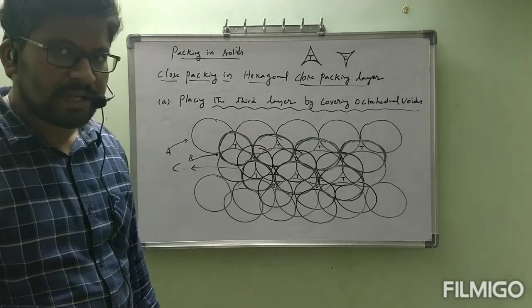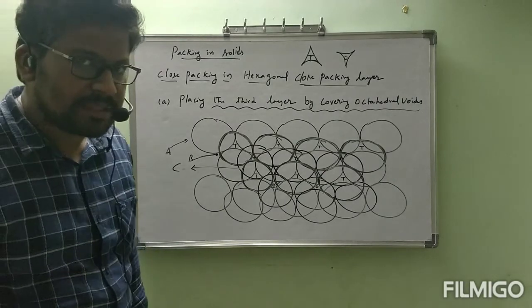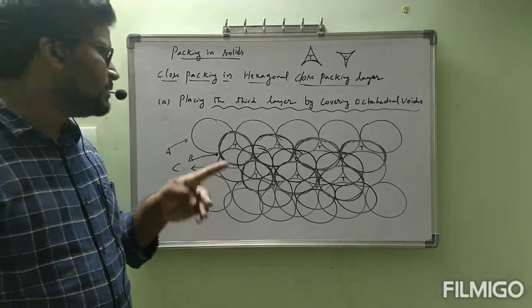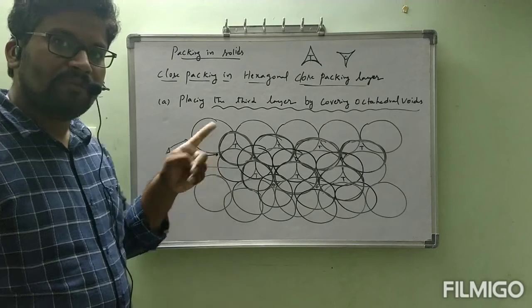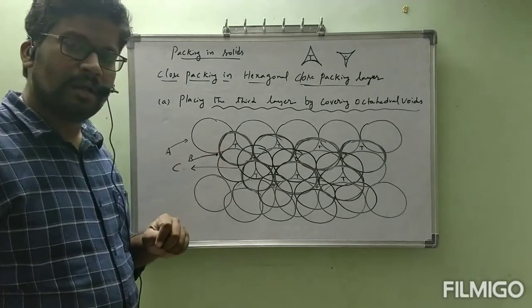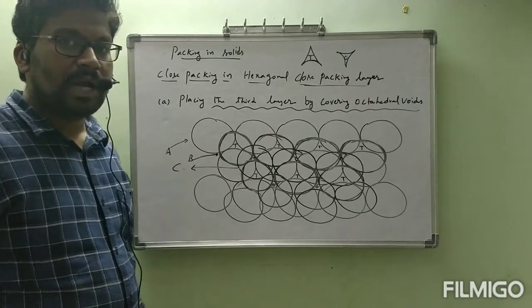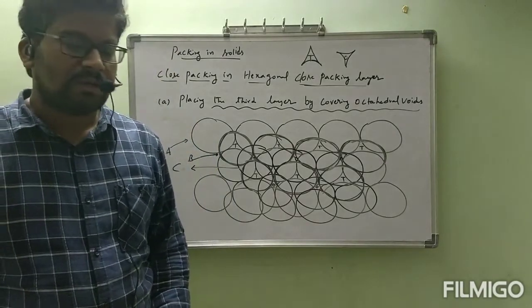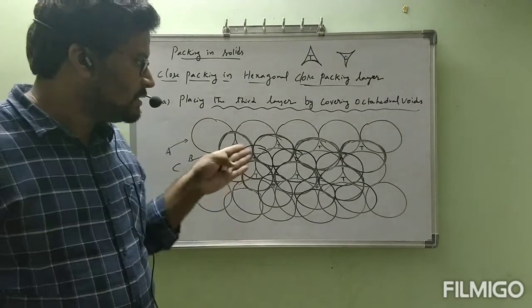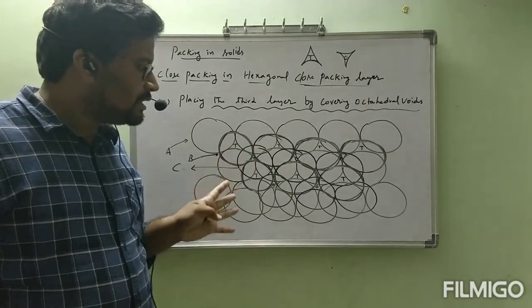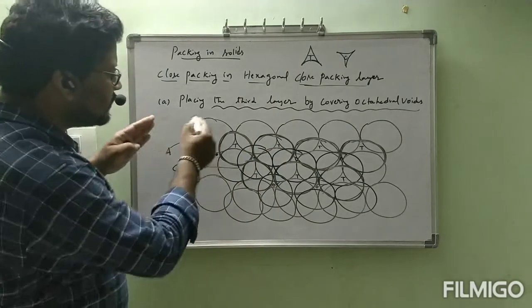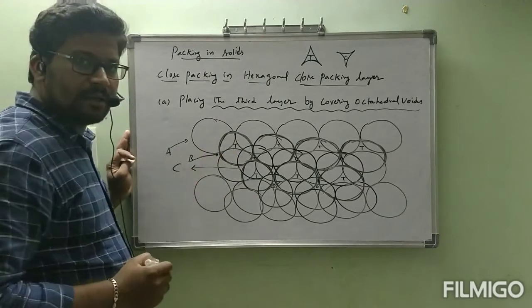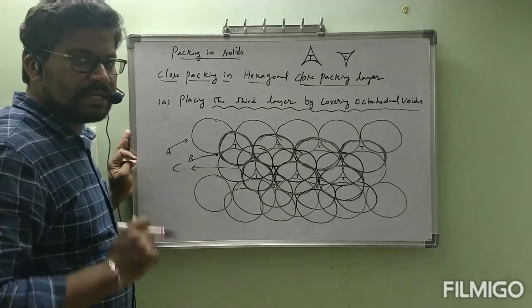If you keep fourth layer, if you are able to imagine, if you keep fourth layer, that is not explained actually, definitely that fourth layer is repeated with A. Fifth layer is repeated with B. Sixth layer is repeated with C. It will be a little bit more complicated. If you are going to keep third layer, it is okay. Fourth layer, fifth layer like this, if you imagine these circle diagrams, it will be more complicated. Actually, definitely fourth layer will be repeated with A. Fifth layer is repeated with B layer. Sixth layer is repeated with again C layer.